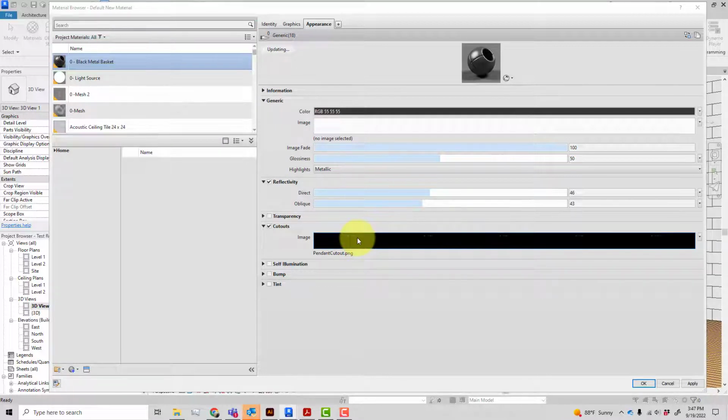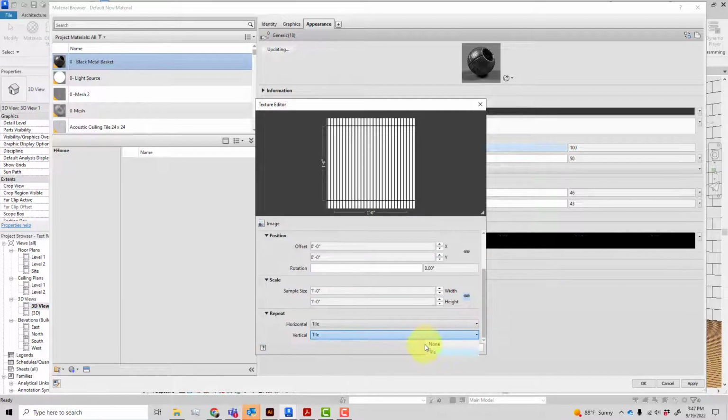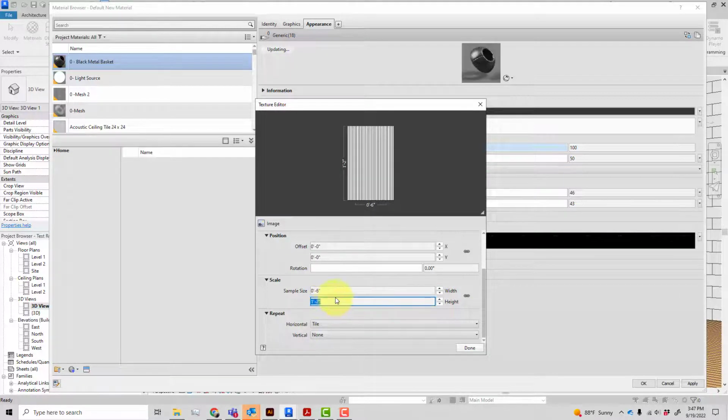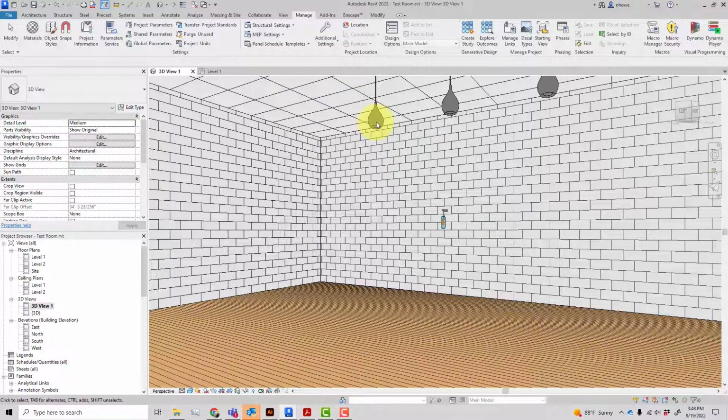I'm going to go in there and modify this. I just want to do none on the vertical, and then go with 14 inches high. And this, I think I was around 6 inches to make it work. And then let's see what that does. That looks weird. I'm not going to let that throw me. I do need to assign it. I haven't assigned this yet, so